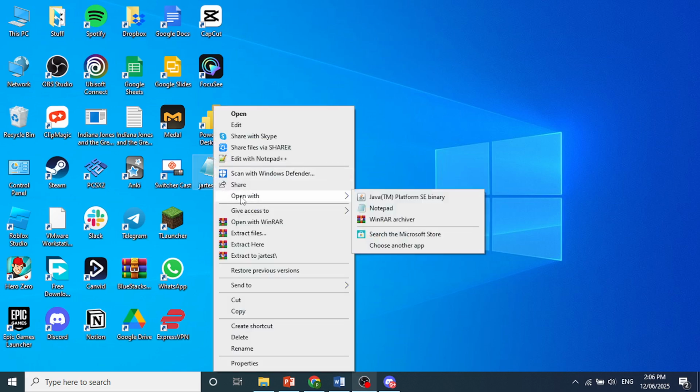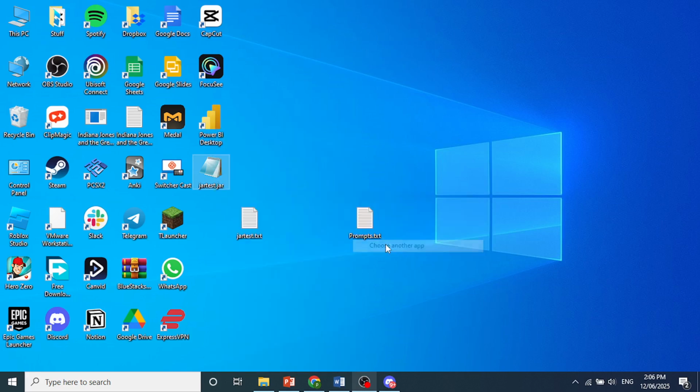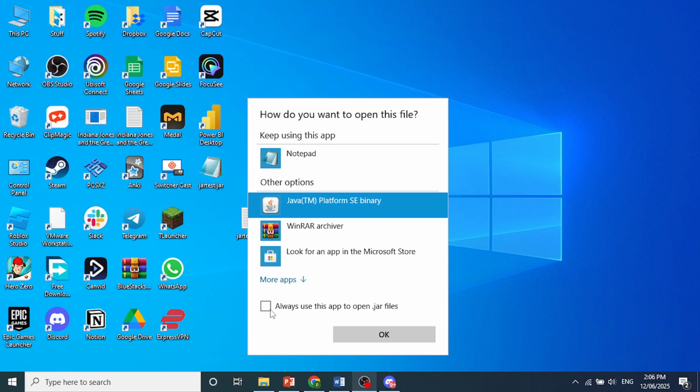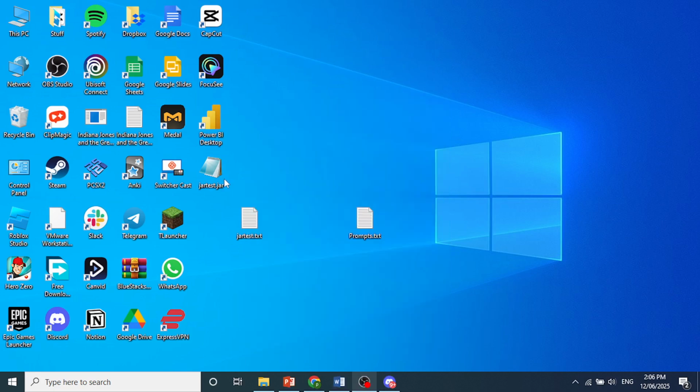And then hover over open with, and you'll see Java of course, but if you don't want to do this every single time, click here on choose another app, okay? So choose that, and then from here, we need to first select Java and make sure you toggle this one on. Always use this app to open .jar files, and then just go ahead and click on OK,